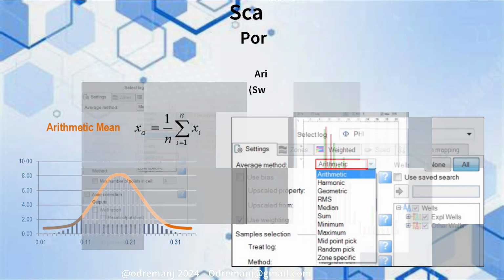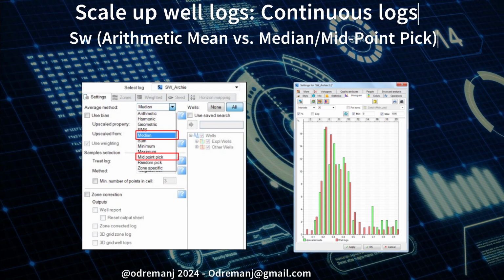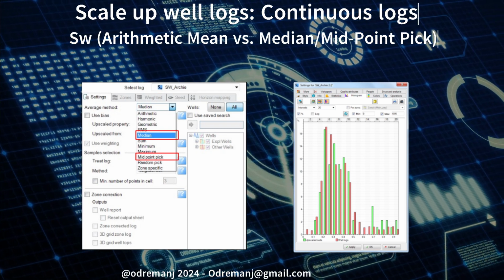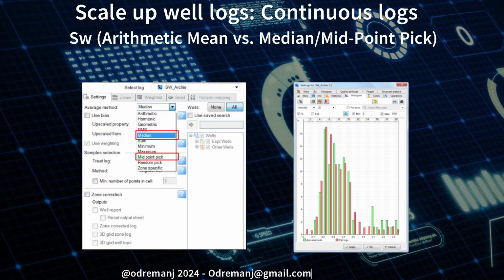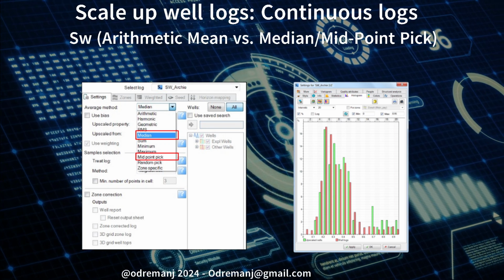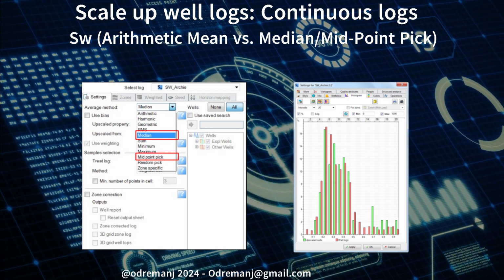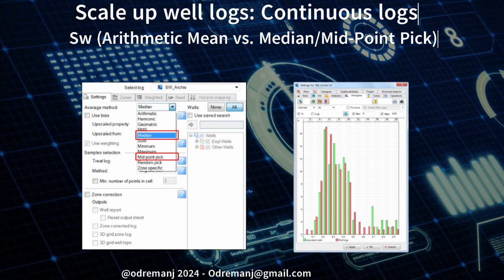of values. Water saturation (SW) often has a skewed distribution, and using arithmetic upscaling can result in overly optimistic values for SW, which in turn can be too pessimistic for oil in place. Using median or midpoint pick methods follows the data distribution more accurately, leading to a better reflection of the subsurface